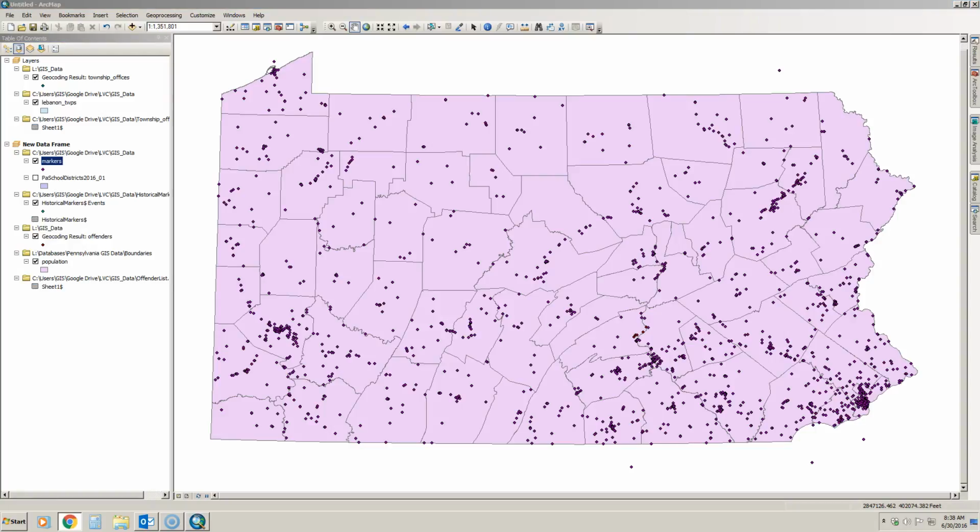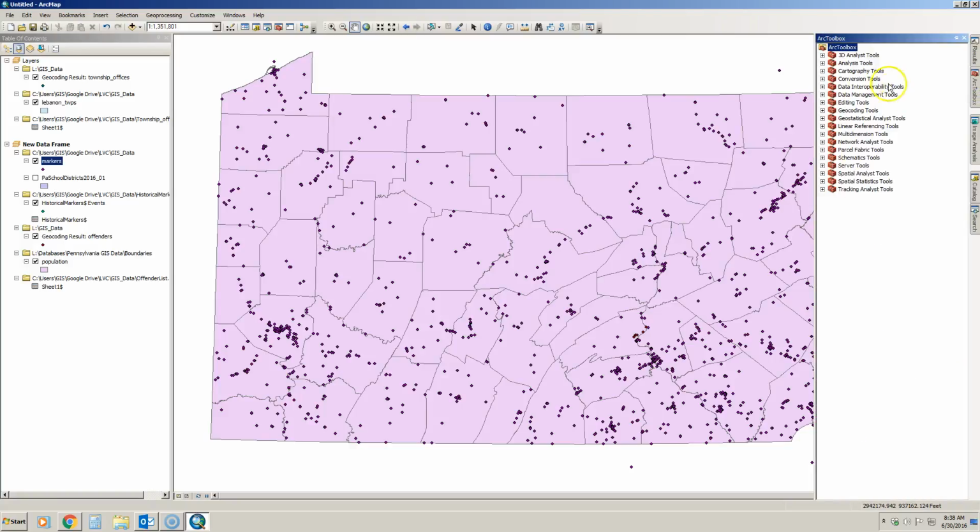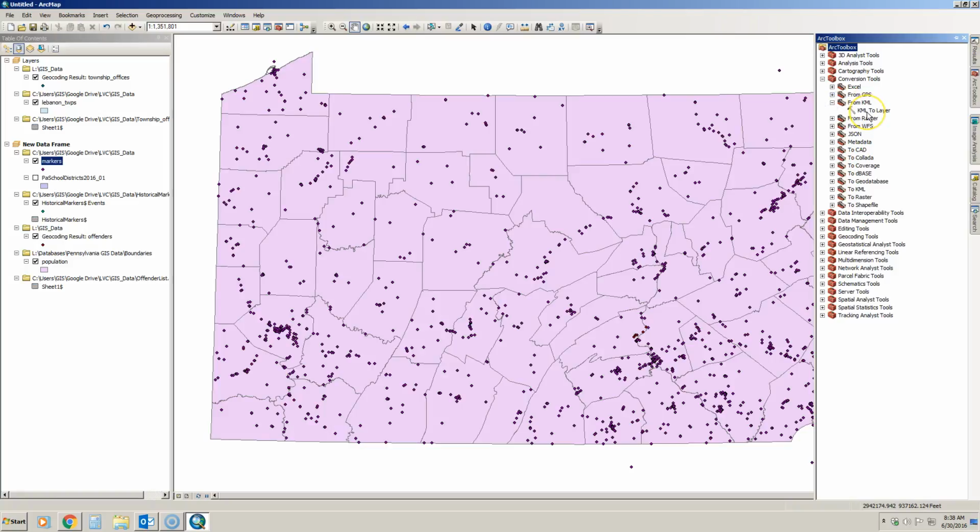The next one was asking you to import the historical sites KML. A KML is a data file used in Google Earth that can be brought into ArcGIS as a data layer, but you have to use one of the conversion tools in ArcToolbox in order to bring those in. So we activate ArcToolbox, which will take a second, and then we will go to our conversion tools. And hit the plus sign next to that, and from KML, and then we want KML to layer. So we double click that,